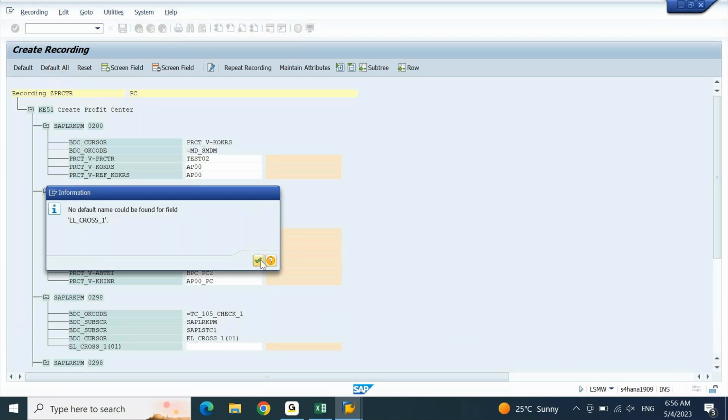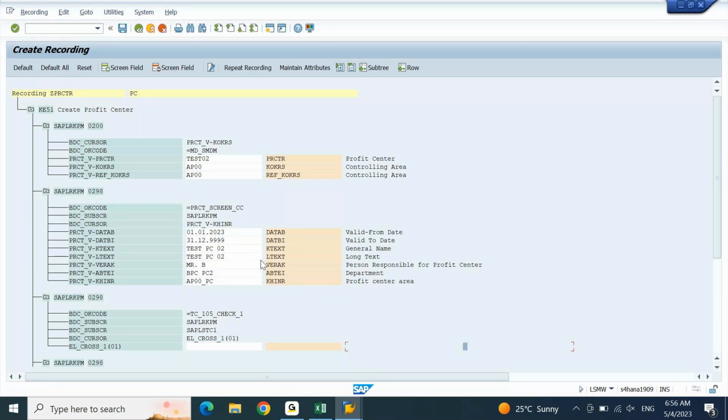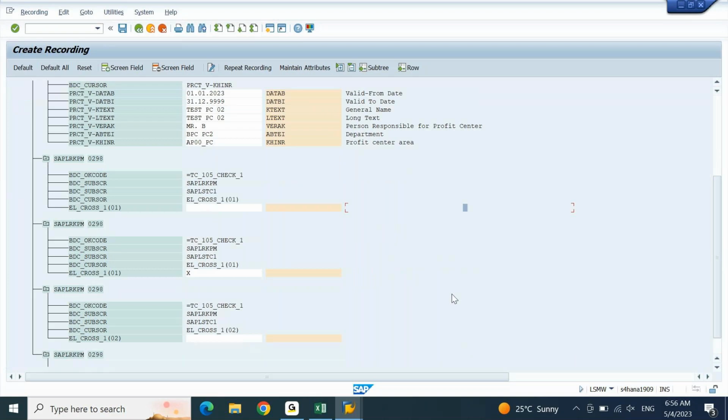Okay, default all is created. If we come down, if you see here, it is not taking any value here. This is your EL cross. Normally, if you see, SAP LRKPM 0298 is the screen number. Here what we have done,